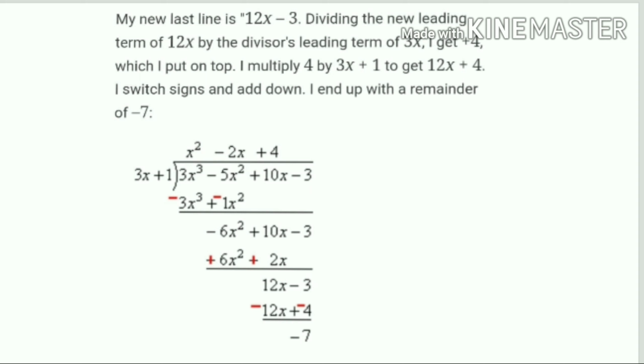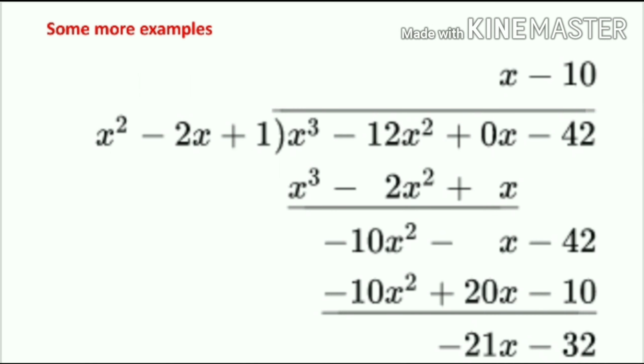Now see one more example for you, and here the same thing we will apply, the same steps we used previously. Here it was x cube minus 12x square plus 0x and minus 42, and 0x is written here. It means any number multiplied by 0, every time the answer will be 0. Okay, so why are we writing it here? Because I have already told you, beta, that we are writing the degrees in decreasing order. That's why 3, 2, 1. Okay, so we will divide it, and the same thing will come.